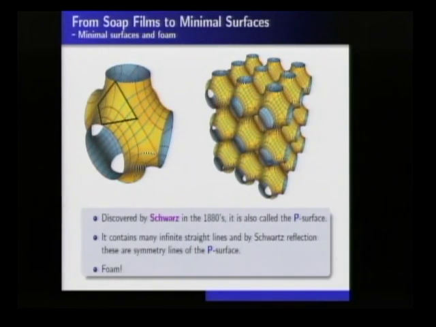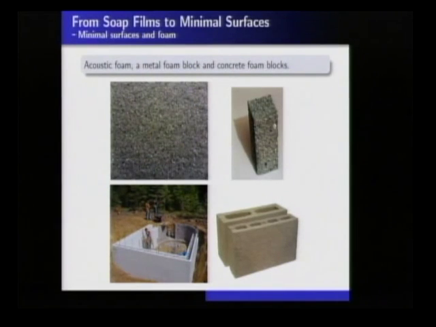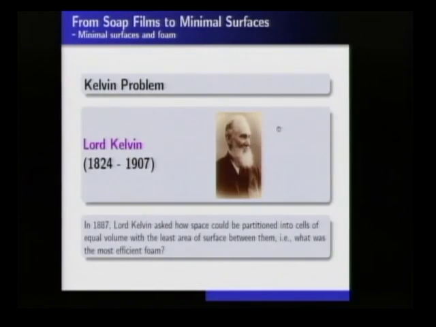So it's a minimal surface. There are lots of lines in it. And as I tried to mention before, if you have a straight line on a minimal surface, you can always extend across the straight line by reflection across the line. And reflection in R3 across the line is rotating by 180 degrees around the line. So you reflect across the line orthogonally, that's rotation by 180 degrees. So we can imagine this forming somehow a foam, right? There's an inside and an outside region. Here are some pictures, very interesting. But it leads to a question posed by Kelvin.